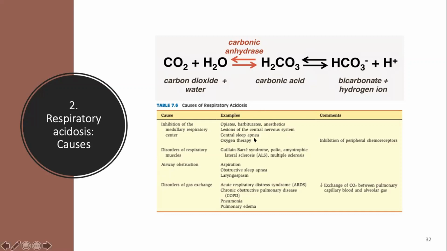But the partial pressure of the oxygen itself mainly stimulates the peripheral chemoreceptor. Of course, if you have low pH, this low pH can stimulate the central chemoreceptor and increase the ventilation. But at the same time, if you give too much oxygen, although it may not affect the central chemoreceptor, it may inhibit the peripheral chemoreceptor,